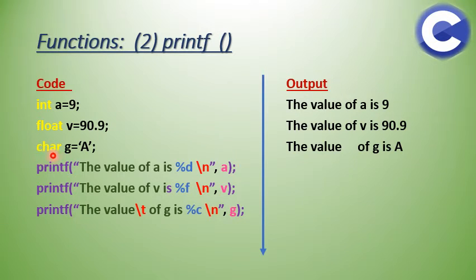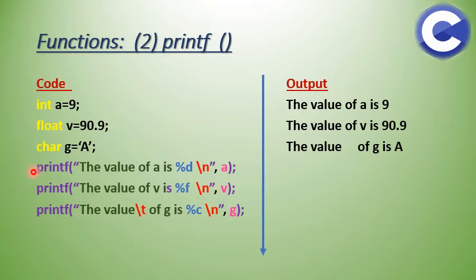Now come to your char. Char g; semicolon. Here g is a variable, and since I have written char here, that means this g variable will be carrying data of character data type. And in my previous video, I have clearly explained that whenever you have a variable of char data type, if you are storing a character as data, that character must be in single quotes. So now you have declared and assigned your three variables a, v and g.